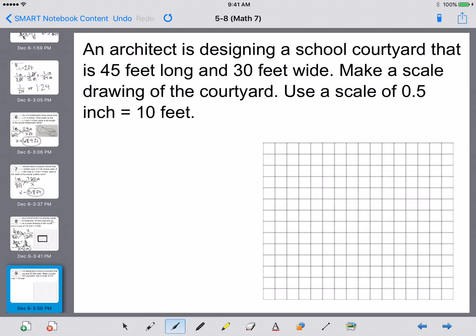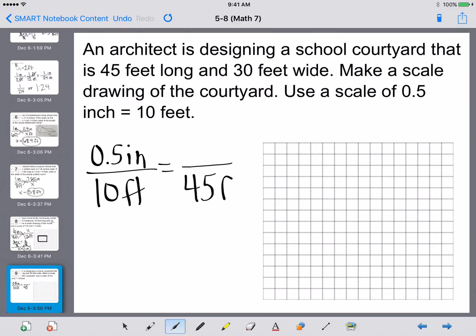So if our scale is 0.5 inch to 10 feet, you can always write that down right away. Let's try to figure out how long it is because that's what's written first. So our length is 45 feet. And up here, we don't know the scale yet, so I'm going to put X. Just like we've been doing, we're going to have to cross multiply. So 10 times X